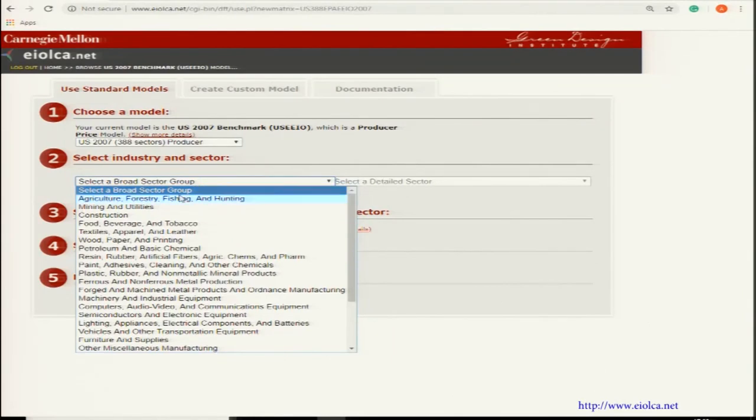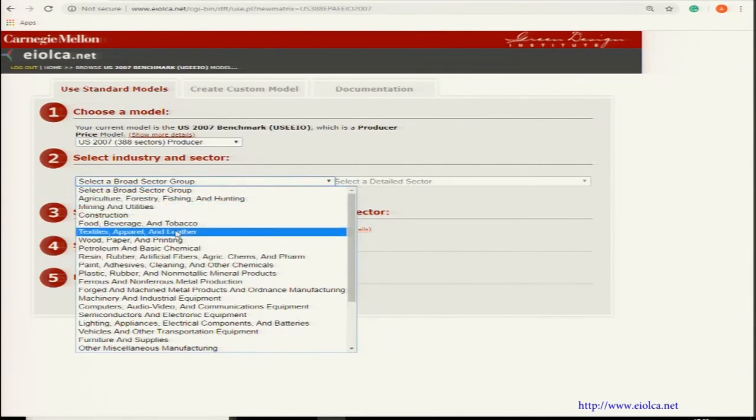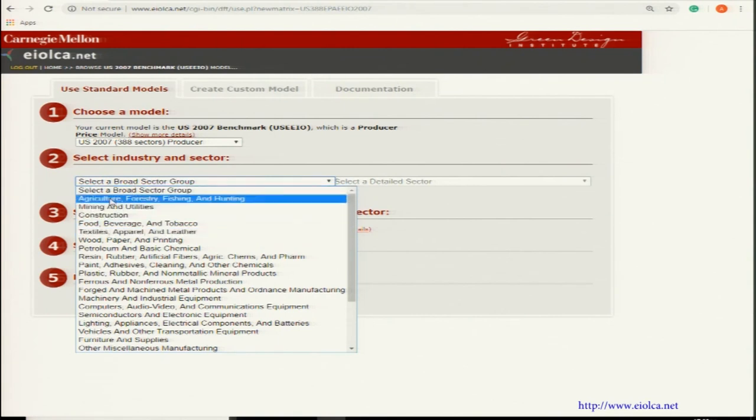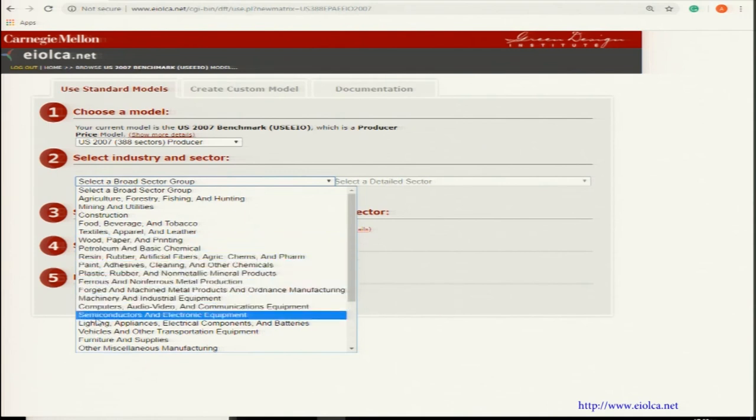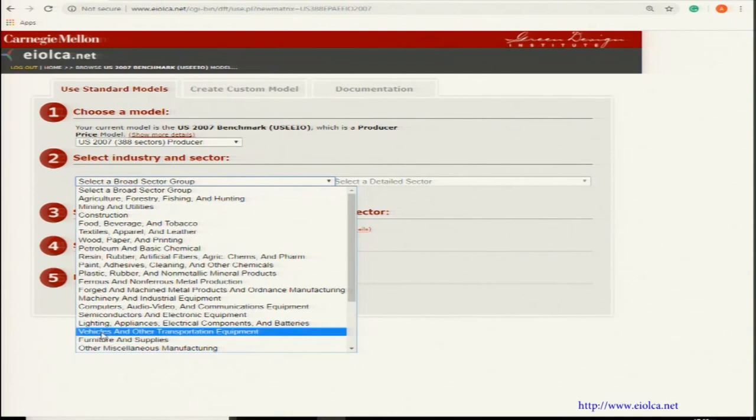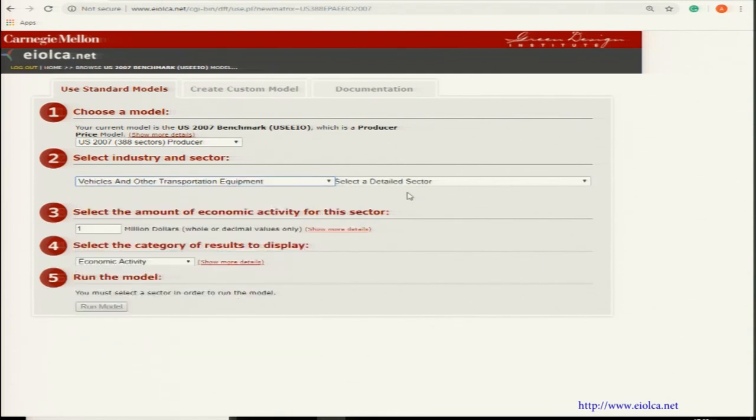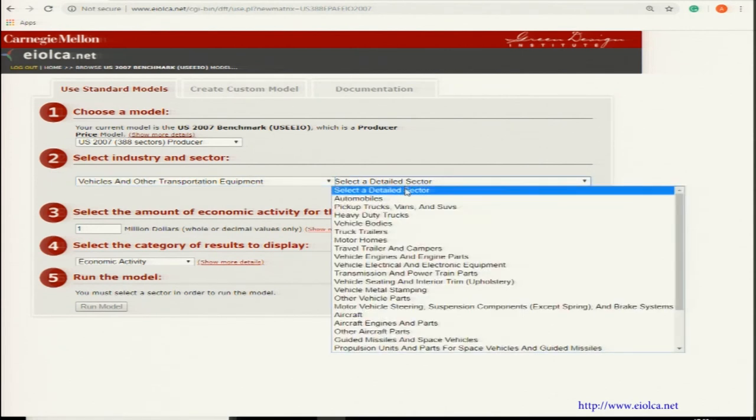So, in this there are certain broad sector groups. You can see agriculture, mining, construction, food, textile, wood, petroleum, resin, paint, plastic, all this. For automobiles, vehicles and other transport equipment is the one that we will select here. Now, select a detailed sector, they say. The detailed sector is automobile,